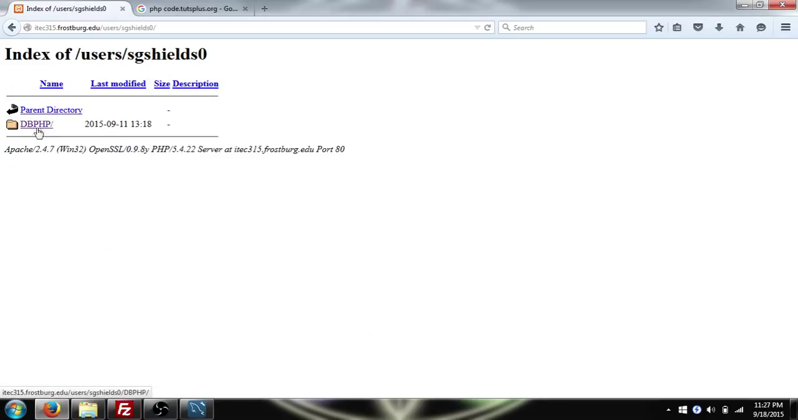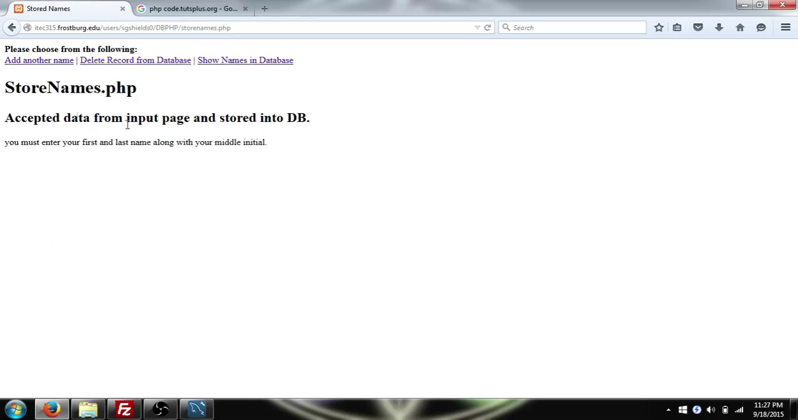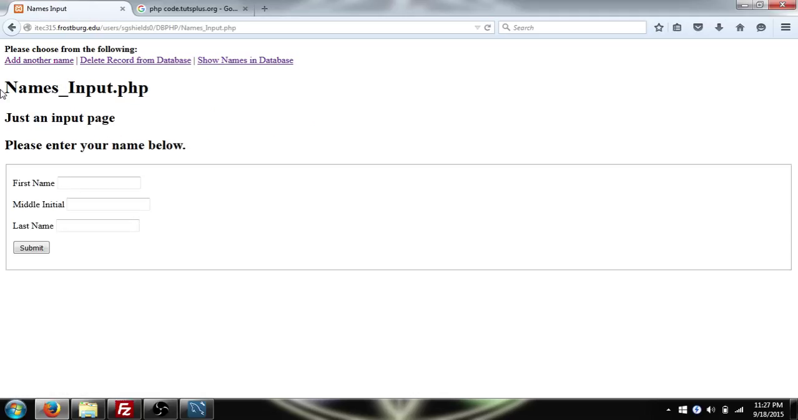This is the iTech 315 Frostburg.edu server. It's the interface that I have online. And what I'm going to do right now is actually click the store names. It's going to request to add another name. So here's what we're going to do. We're going to